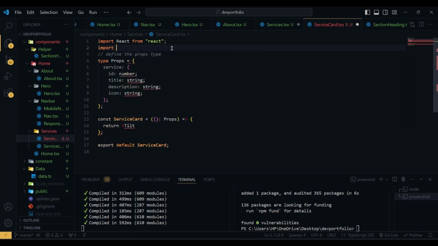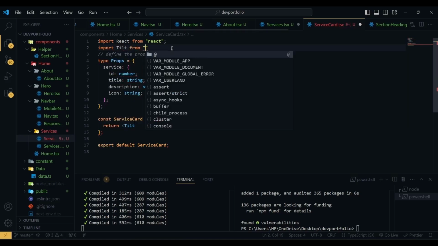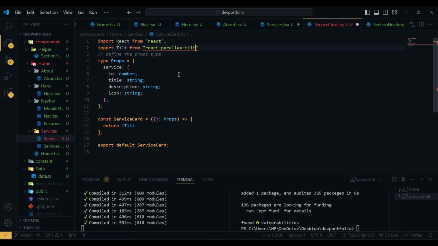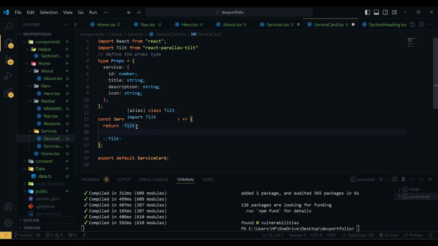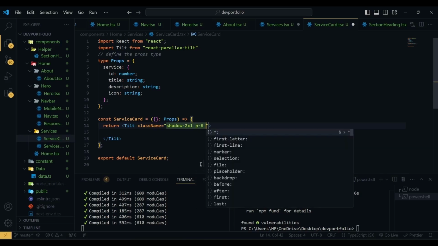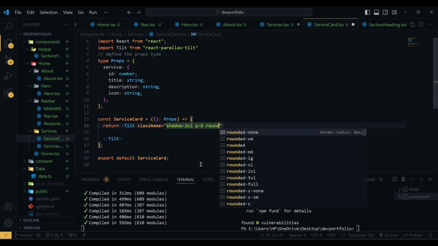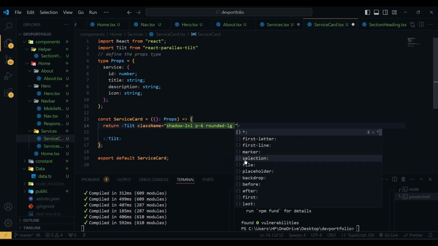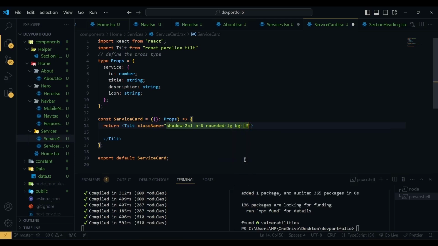Import tilt from react parallax tilt, and here we're going to wrap everything, and to this tilt we're going to give a class name of shadow-xl, padding will be 6, rounded will be lg, and background will be hash 814CED. Now if I hit save,